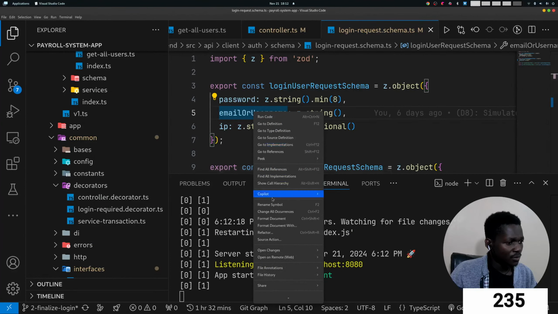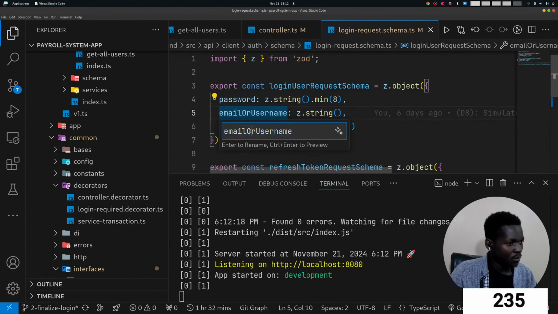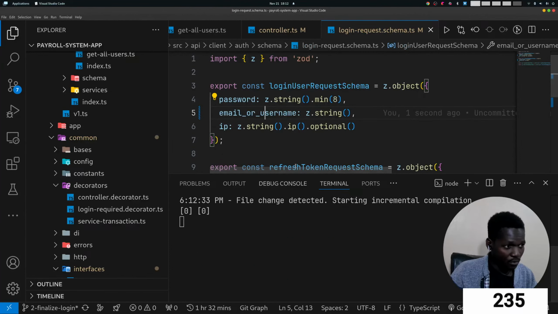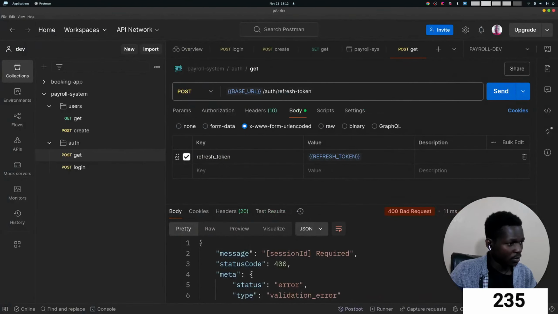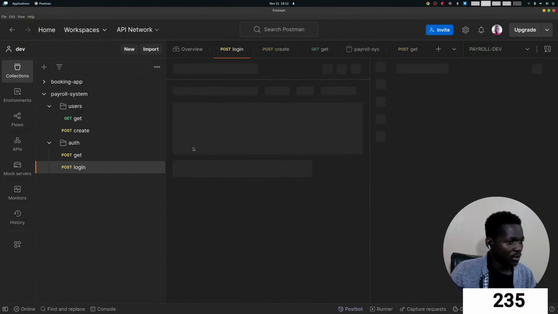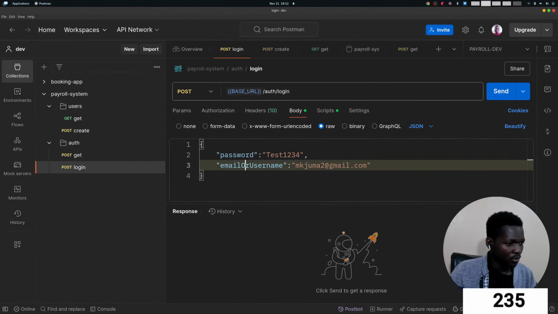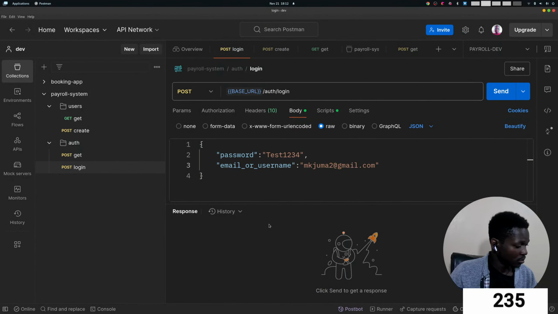This also should be converted to username. So this should then, in the login, so one thing I forgot about in our scripts,